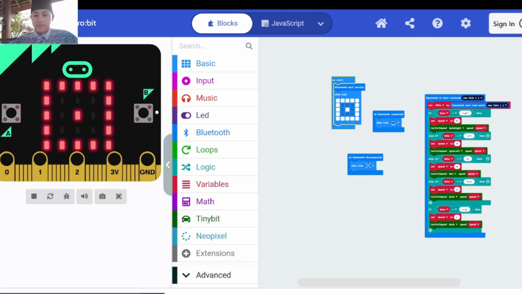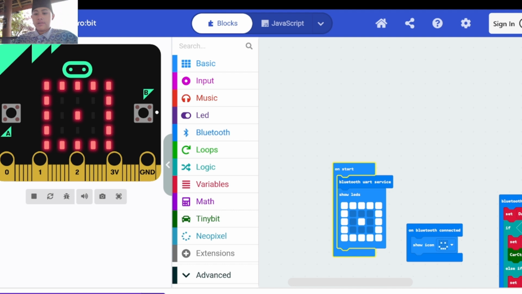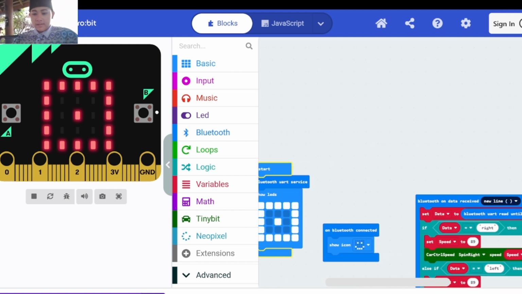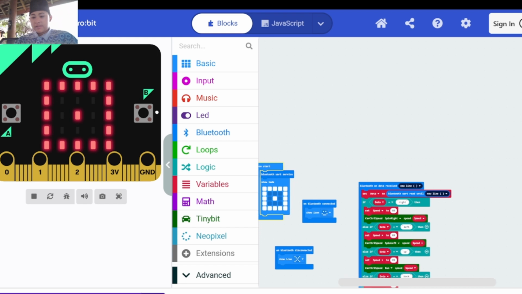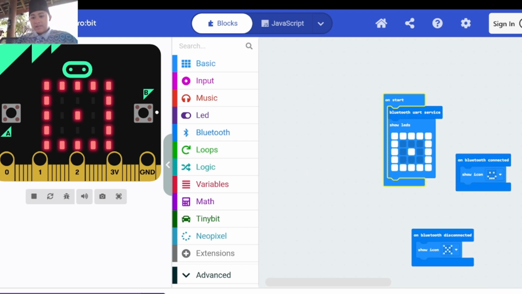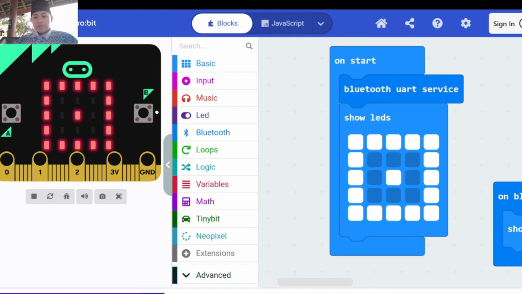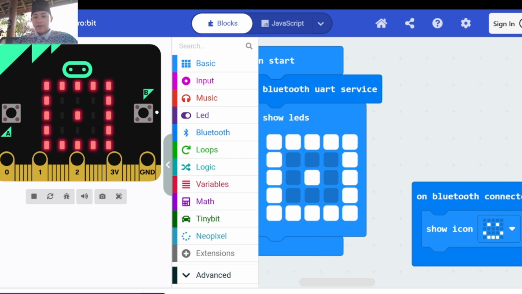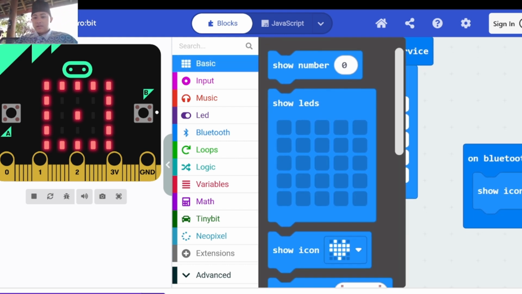Guys, I want to show you how to make the code for my project, the microbit controller, the Tinybit controller. So first things first, on start, you put the Bluetooth UART service, and then you can show any icons